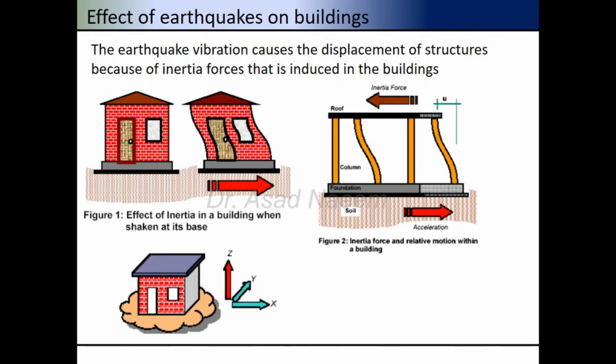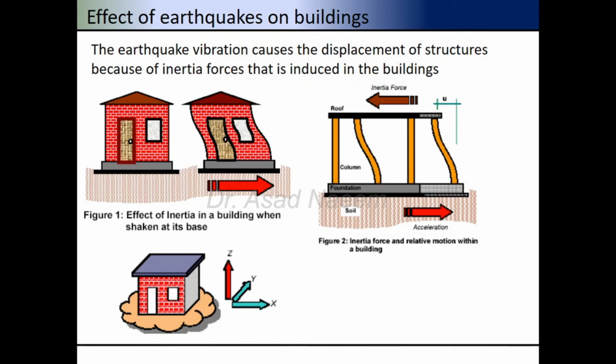Effects of earthquakes on buildings. The earthquake vibration causes displacement of structure because of inertia forces that are induced in the building. It means that when the earthquake happens, the amount of energy released from the earthquake reaches some nearby community or urban city, and that energy is induced into the building structures or inputted into the building structure. This causes a sudden vibration in the building structures, and this effect of inertia in the buildings causes them to